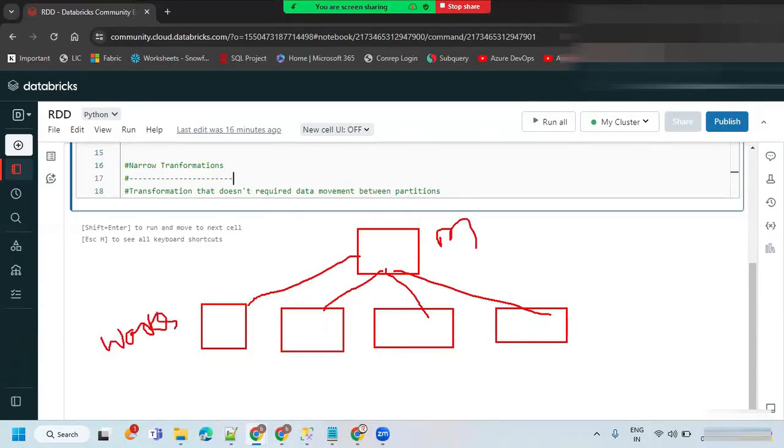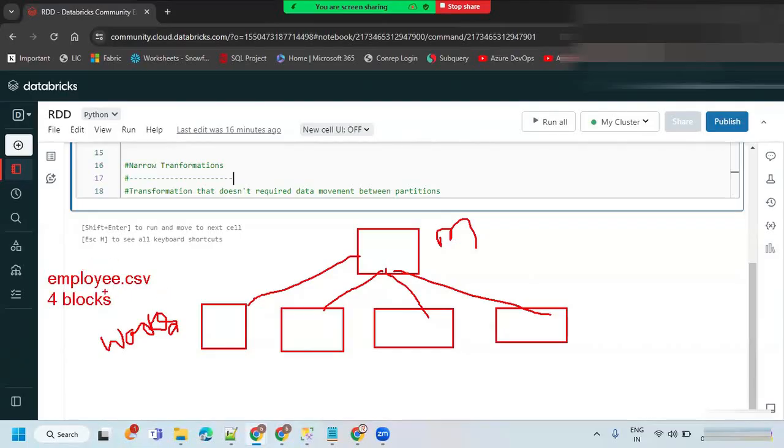Workers means slaves. If the file, employee.csv, is having 4 blocks, so 4 blocks were there in the data source.